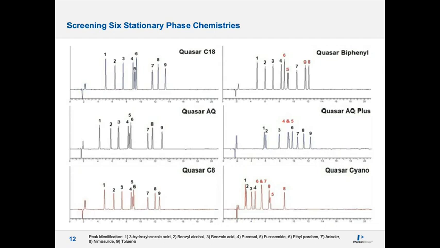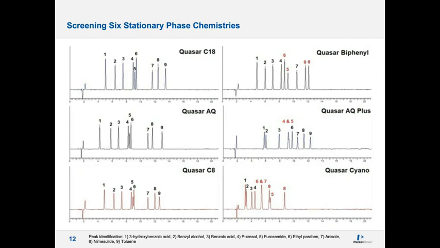Compounds 1 and 2 showed much reduced resolution, no longer being baseline resolved, and additionally compounds 4 and 5 co-elute. The Quasar cyano resulted in large changes in selectivity and elution order due to the electrostatic interactions offered by this phase chemistry. Reduced retention was also observed due to its reduced hydrophobic character. The change in selectivity and reduced retention has not been beneficial in this case, with less than baseline resolution and